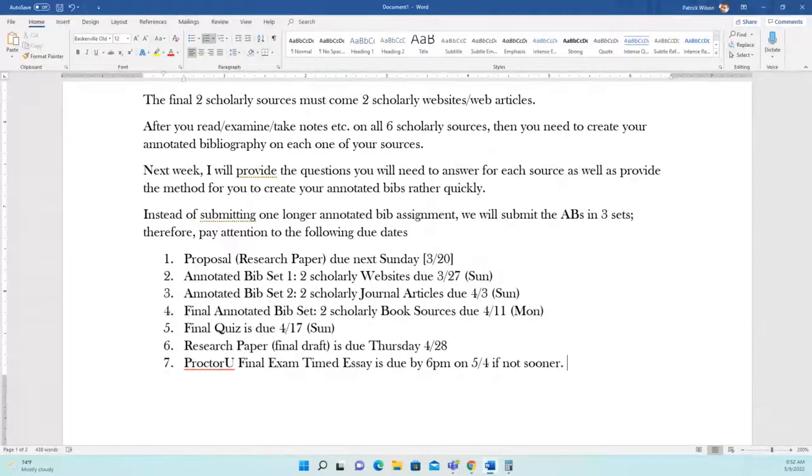Generally, after you do the first two annotated bibs, which in this case would be the websites, the other four usually follow in order because you're basically doing the same thing. You just have four different sources that you're going to have to answer the questions about that I give you next week. So if you look after essay 4, which again is due this Sunday, we only have